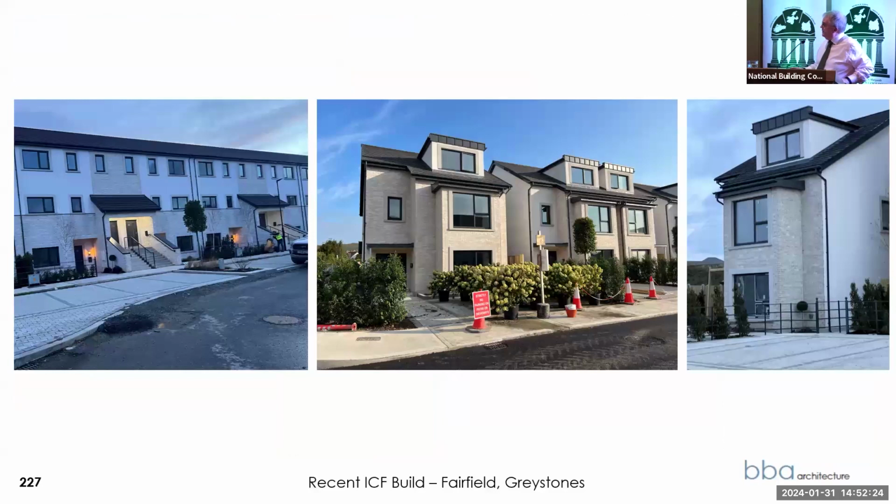Okay, this is the finished product. We've just finished a job with ICF duplexes and housing, and one of the idiosyncrasies with ICF is that most of the schemes we'll be drawing will be drawn to imperial. Designers won't take into consideration the width of doors, the width of windows, or anything. But to avoid wastage,